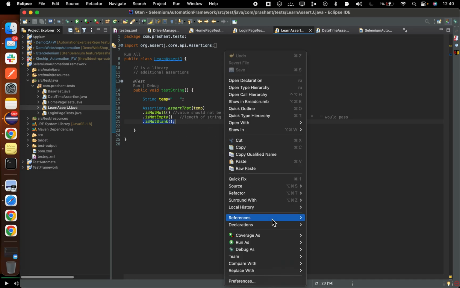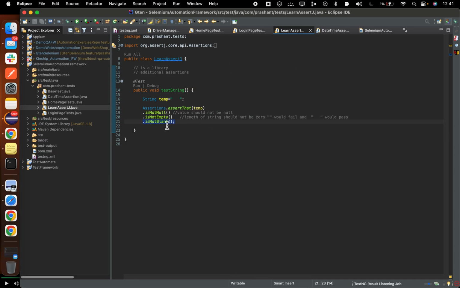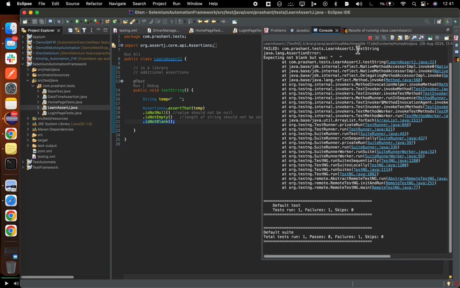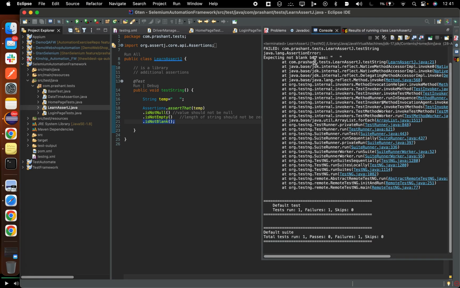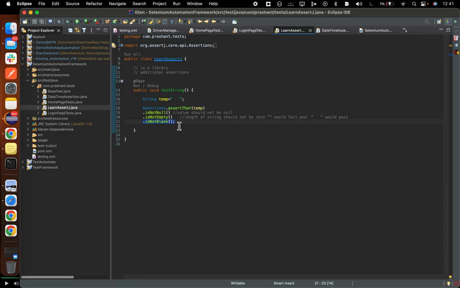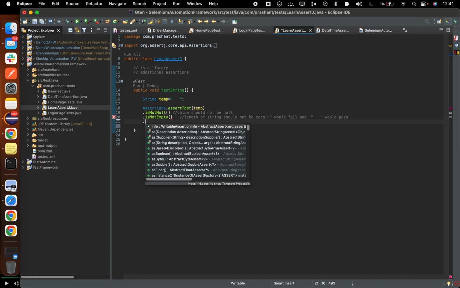In this case it would fail at the blank side, because see here it says expecting not blank but was blank. Okay, so this is how we do the assertion. There are multiple assertions that we can do in this. So we use this Assertions.assertThat, right? So dot